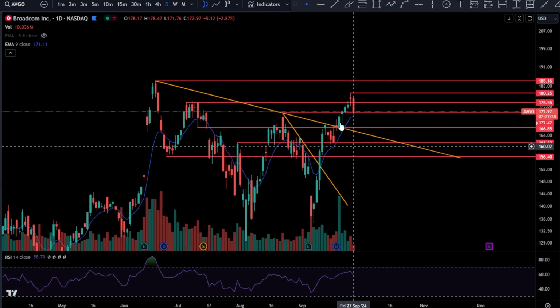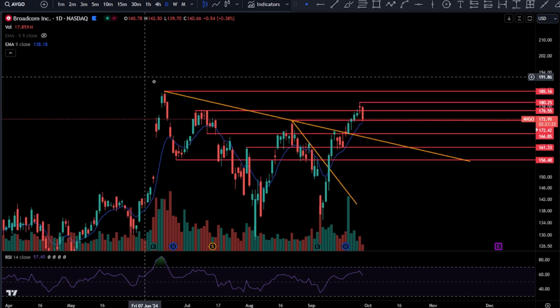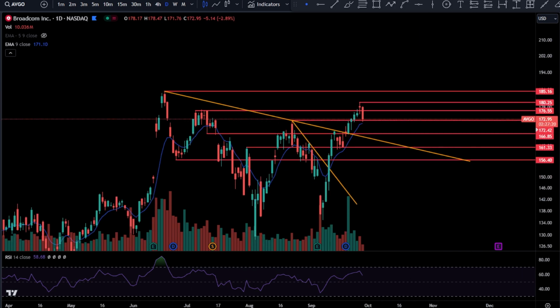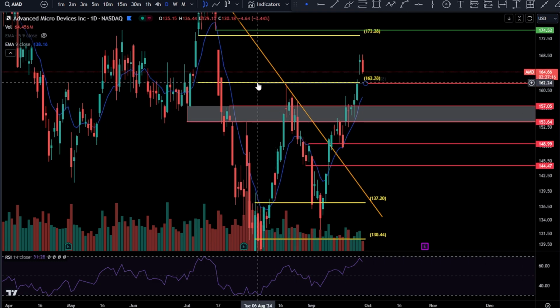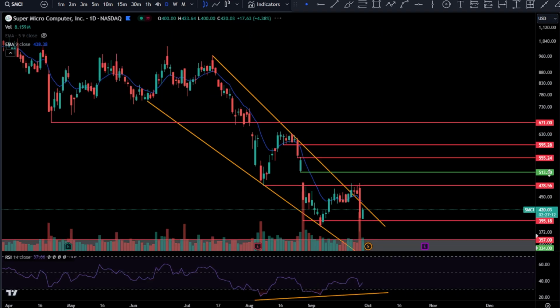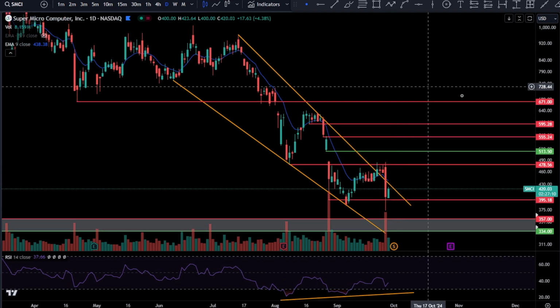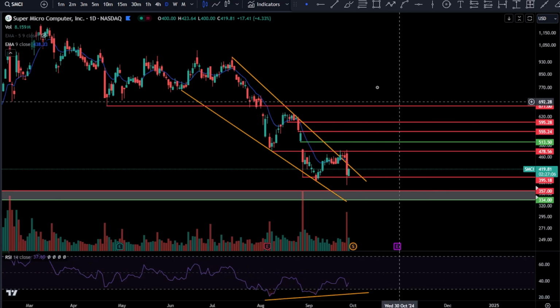Avgo, how are we looking over here, guys? Pulling back in the break and retest level off 172.42. Daily 9 EMA test. I like it. Just broke out of here. It's looking crazy. AMD, pull back to 157. I love it. But your break and retest really is off of this high right here, 162.04. SMCI, it is bouncing today. I see no reason to touch this thing. I'll leave it at that. Daily RSI has a triple bullish divergence.